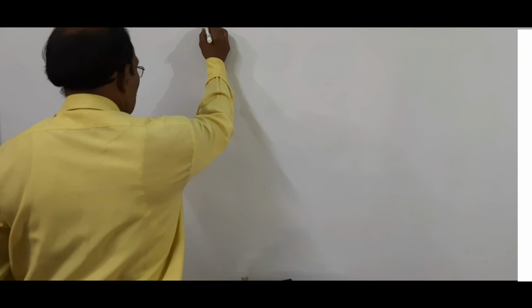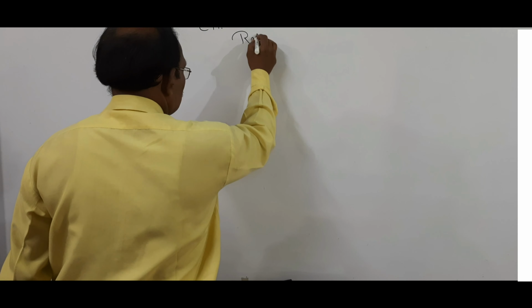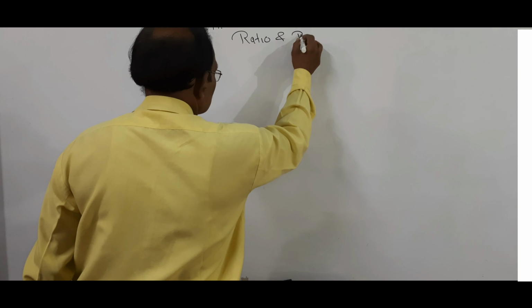Today I will explain chapter 8, exercise 8b, ratio and proportion. 8a I have already given you through notes, but today I will explain exercise 8b. Take out your copies and notebooks and note down whatever I explain. Please try to understand, because if you understand this exercise, it will be easy for you to do the sums. So let us start ratio and proportion.